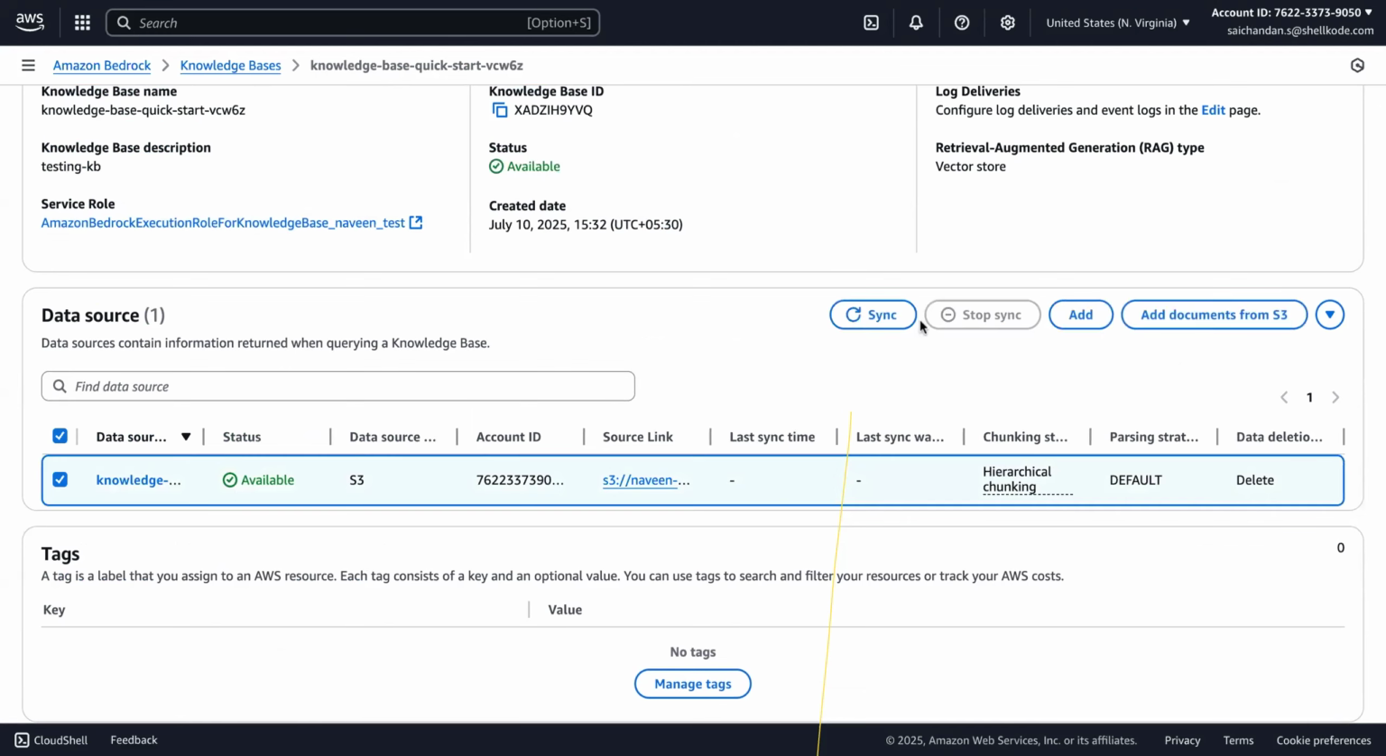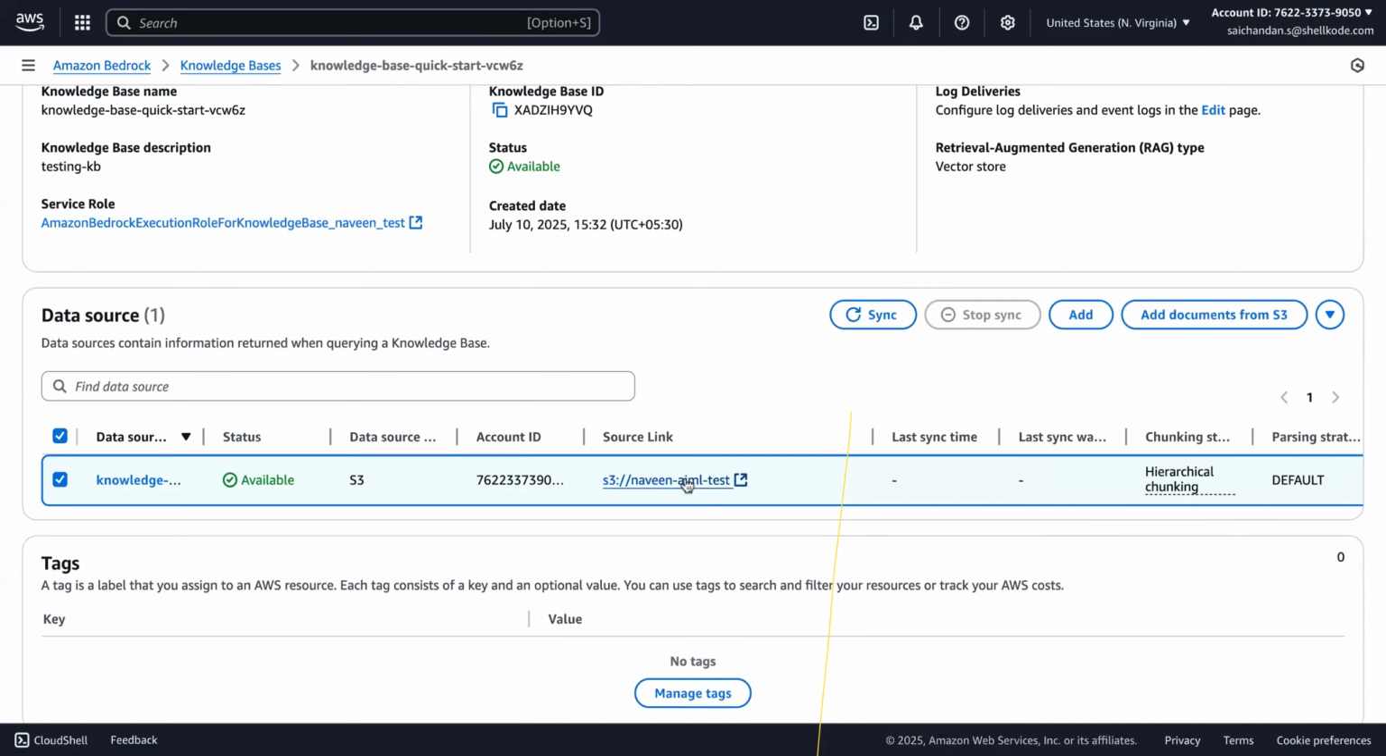Okay, so if you click on this, you will get this sync option. If you click on this sync, what happens in the background is it will first go to the S3 bucket that is configured here, take all the documents and start creating the embeddings. Once the embeddings are created, it will go and store them in my